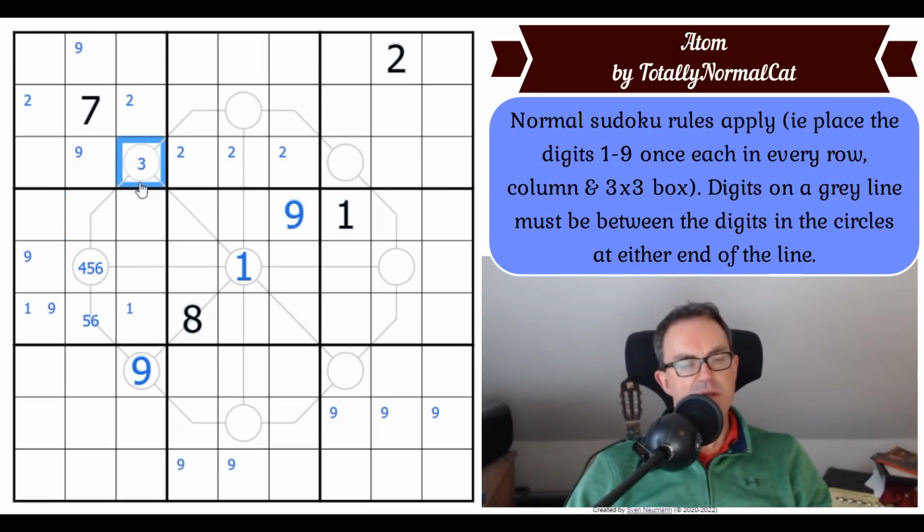So it's not 4, 5, 6 maybe. Can it be 6? If it's 6, this has to be 4, that has to be 5, and that can be 6, and that would work. Bother. Or, to use the Cracking the Cryptic version of bother, bobbins. It's not 7. And it's not 9, but maybe it can be 8. If it's 8...